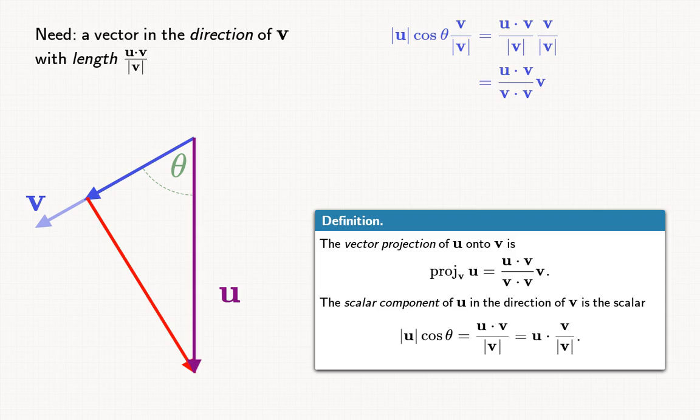We do need to be a little bit careful. The picture I drew assumed the angle between u and v was acute. But if it was an obtuse angle, then cosine theta would be negative, so this expression for the length would be negative, which doesn't make sense. But you can check that the signs work out so that this formula for proj is actually still correct for any angle. But instead of showing that, I want to show another more algebraic way of coming up with this formula for proj sub v of u, which will also show that this formula is correct.